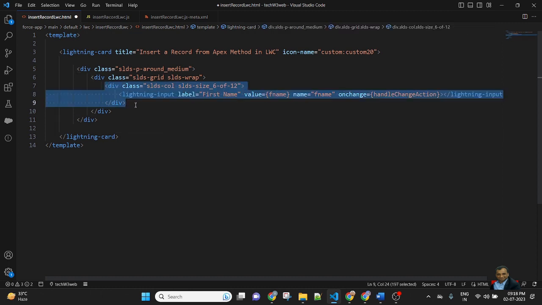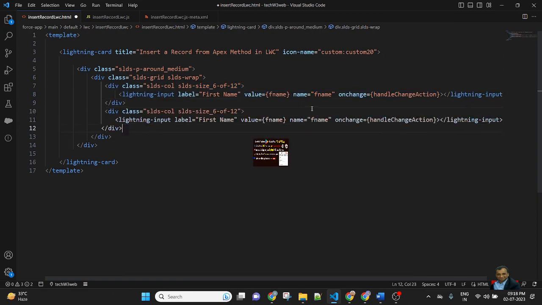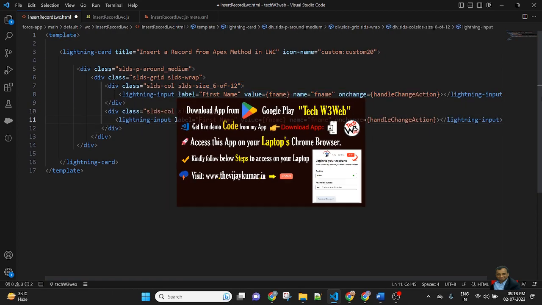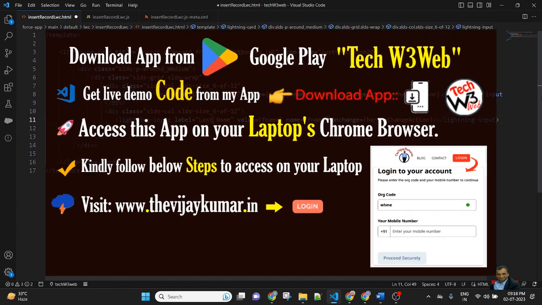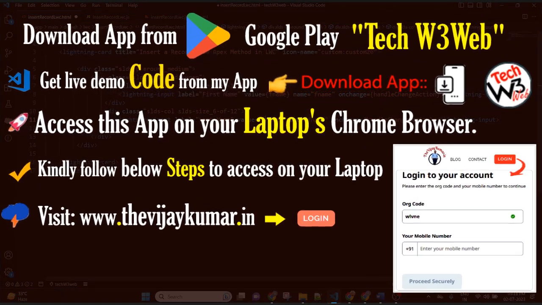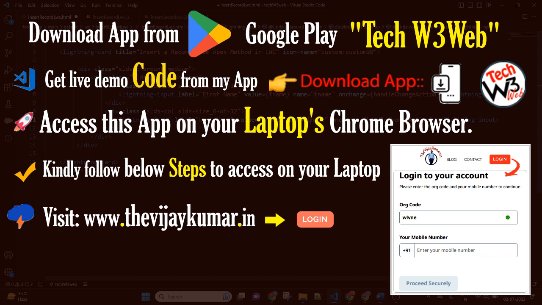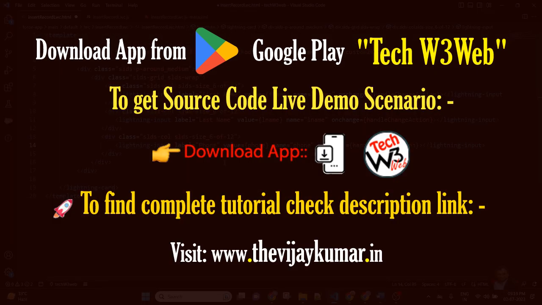Copy this div and paste it for the last name: label Last Name, value lname, name lname, and the method will be the same. Copy another div for phone: value will be phone, name phone, and the method will be the same.